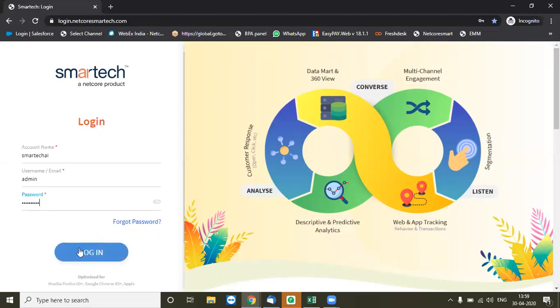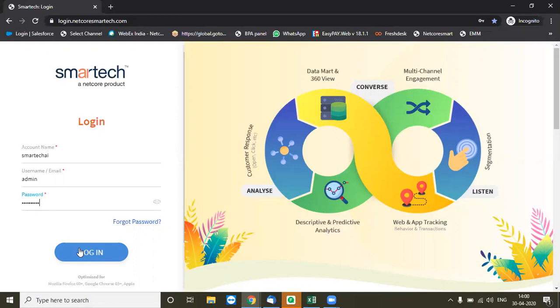Here we have the cloud-based URL, which can help you to log into the platform and conduct your campaigns in a DIY mode. So you can do everything by yourself without any support requirement for consulting, best practices, all those things. You don't have to depend on any third-party pipeline for delivering your communications. You don't have to wait for any kind of approval or suggestions or support, which normally is required if you go for a complex solution like this.